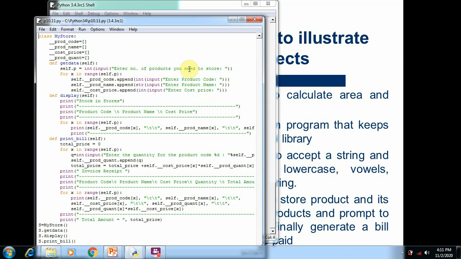So when we enter the number of products, we'll accept that number of product details. For example, if you enter 5, it will ask for 5 product names, 5 product codes, and 5 product prices. All the data will be stored in this variable. After storing the data, all the data are displayed on the screen by using the for loop, by using the